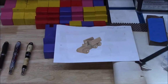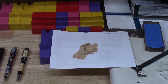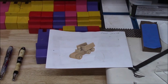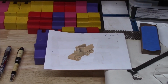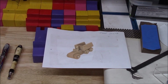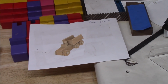Let me show you here. See this little dump truck, for instance. The body will be one of these colors back here: blue, red, pink, purple, whatever it might be. But the accent pieces, the actual dump truck, the dumping portion of it, and the wheels, the wheels will be a natural color, but the bed of the truck, that wheel raise and lower, that'll be either mahogany or walnut or some hardwood, as is also the case